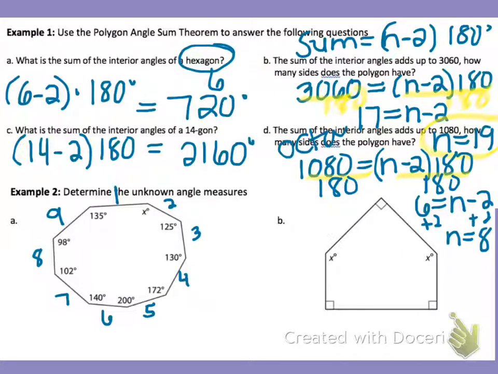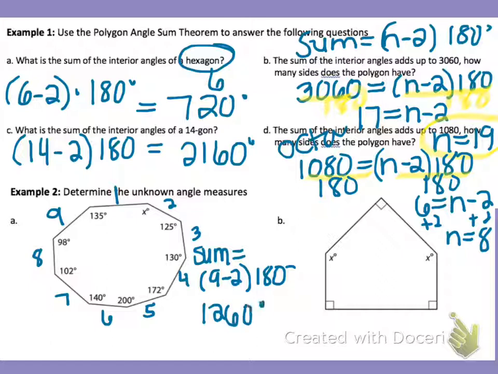And so I know that the sum of these angles would have to be 9 minus 2 times 180 degrees. So that means the angles have to add up to 1,260 degrees. Well, if we take each one of these angles and subtract from that, that'll tell us what that unknown one is right here. This is x, because if they have to add up to 1260, and we just subtract each one of these,